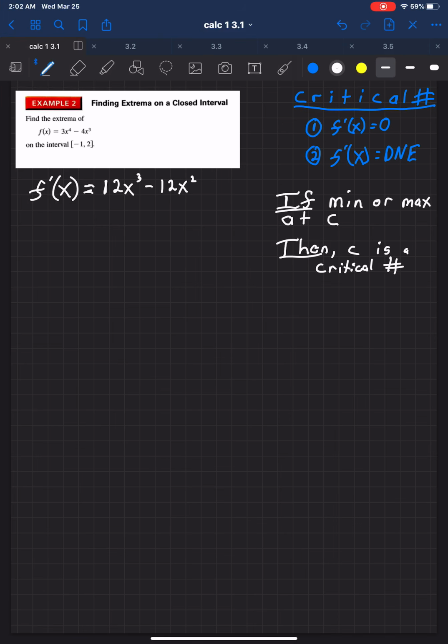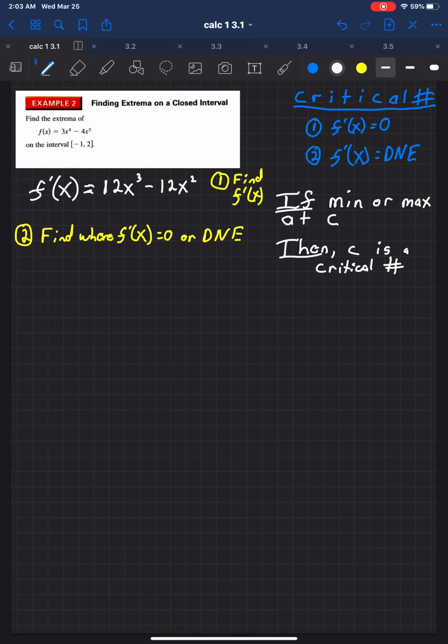So how about I give you some steps, right? Like a recipe. So step 1 is going to be find f prime. Got it? All right. So step 2, I'll write it. Step 2 in this case is going to be for you to find the critical numbers. So find where f prime of x is equal to 0 or does not exist, right? That's our definition of a critical number. So that's what we're going to do in step 2.